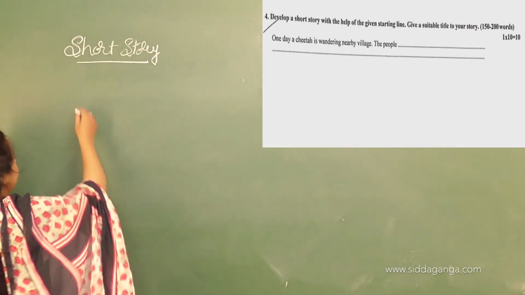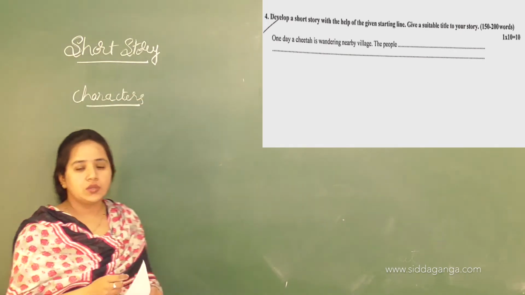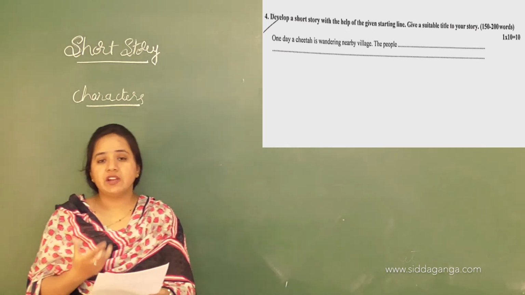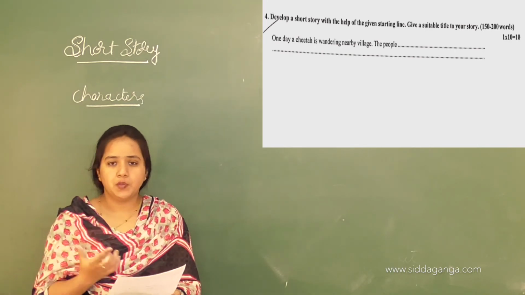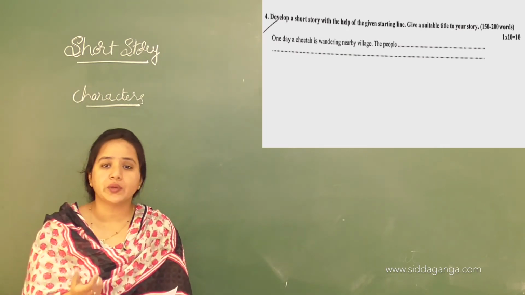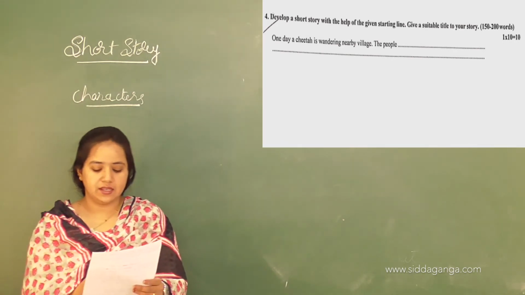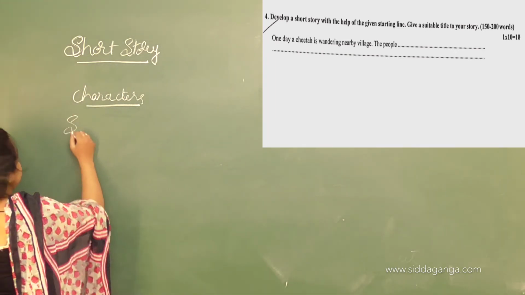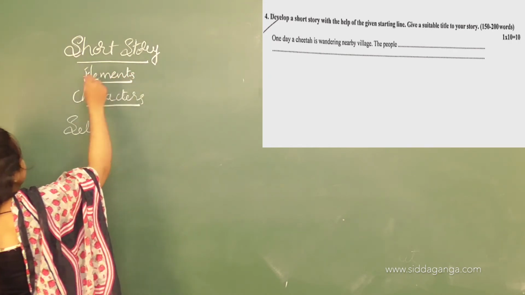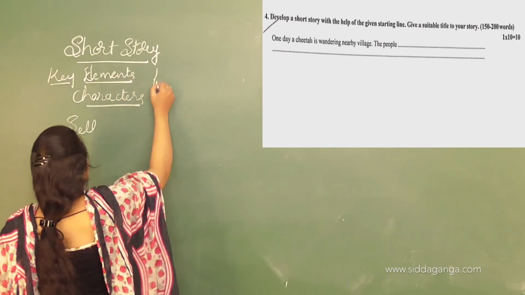So first is the characters, okay? Characters play a very important role in the story. Characters are very important. It is one of the essential parts, okay? We can't develop a story without characters. So characters are very important in developing stories. Then a short story has a few characters. Here in a short story you will get a few characters, and the next is setting, okay? The next elements too, so these are the key elements for a story, okay?